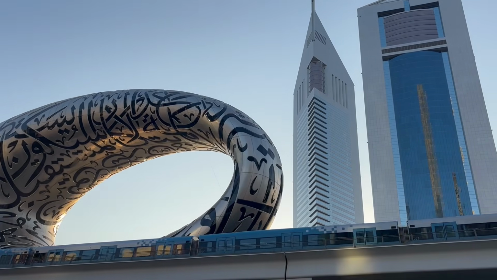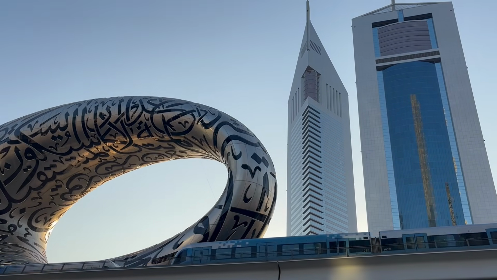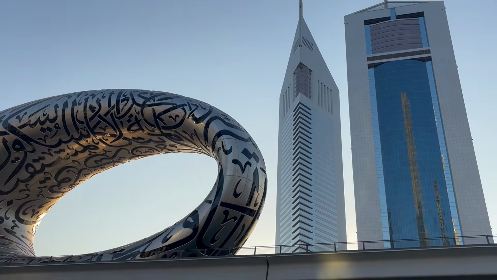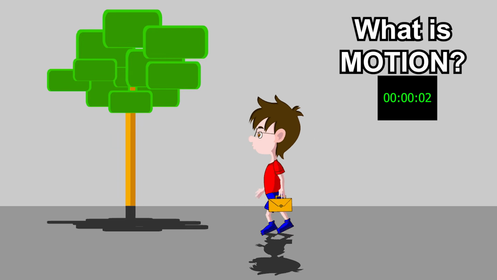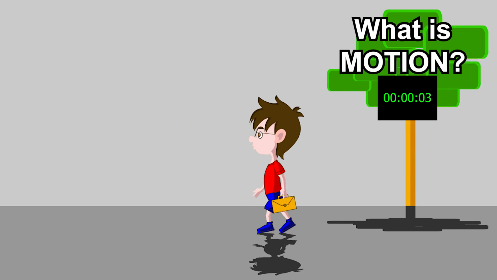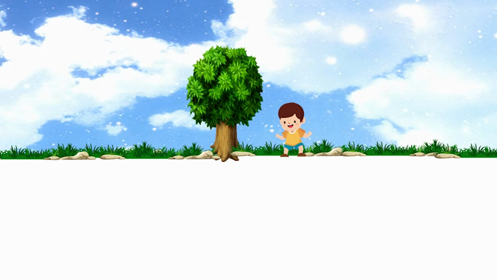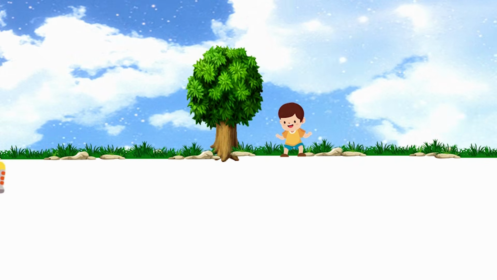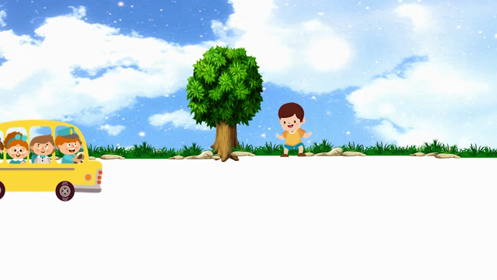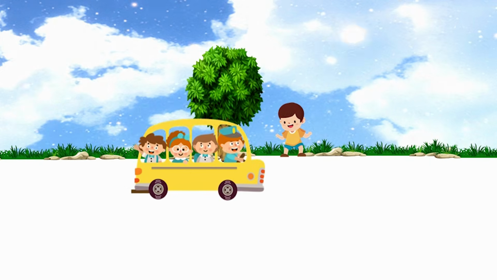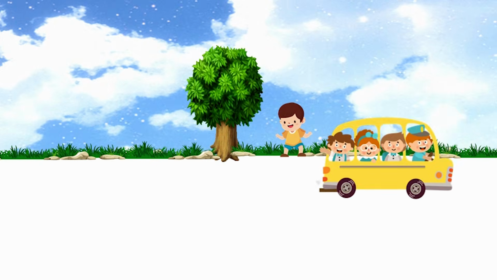In physics, we simplify reality. We focus only on what matters for motion. Motion means a change of position over time. But here is the key idea. Motion is not absolute. Motion is always described relative to something else. An object can be moving and not moving at the same time, depending on how you observe it.